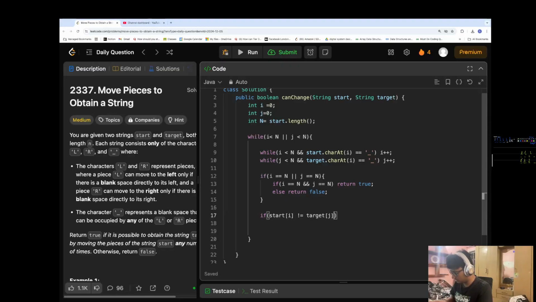After iterating through this thing, it's standing at this point. Can I say that if these two are not equal, I'll never be able to